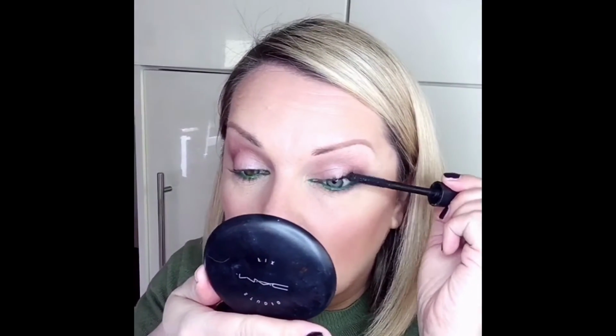Right, so as I mentioned numerous times, I'm going out, so I like to use an Extreme Dimension. It's a really good dramatic lash. I also tend to work the mascara, so I'm going to just do a quick demo. I just go over the lash completely first of all. Okay, and then the gloop that's on the tip of the mascara, if you just fan it through the ends of your lashes, that will really give it a dramatic effect,